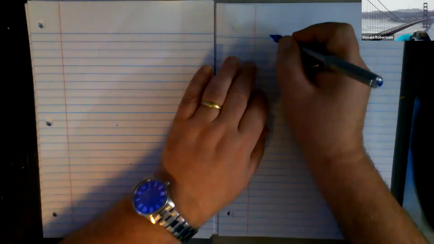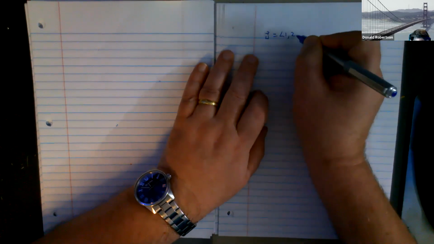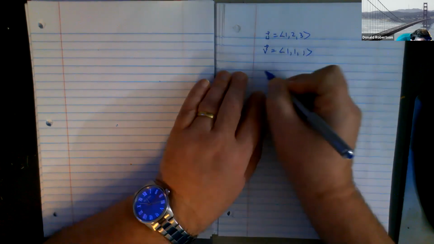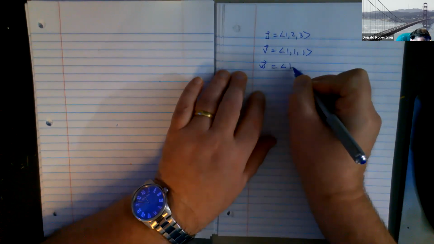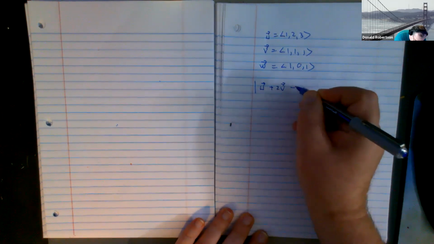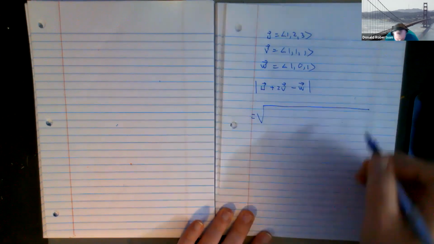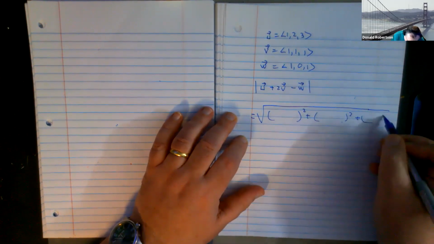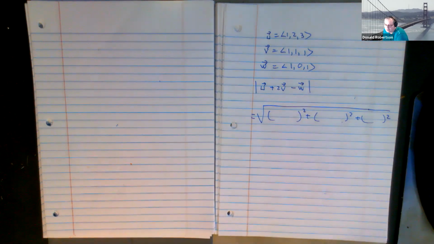Right. Let's suppose you had a vector u. I'm going to make the numbers easy because the numbers aren't the important thing. This guy is 1, 1, 1. And this guy is 1, 0, 1, right? Keep them nice, easy numbers. And suppose your question was to find the magnitude of this fella. What I'm hearing you say is that you do this calculation in your head, put the x guy and square it, put the y guy and square it, and put the z guy and square it, and just basically do it all in one big go. Is that what you're saying, David?